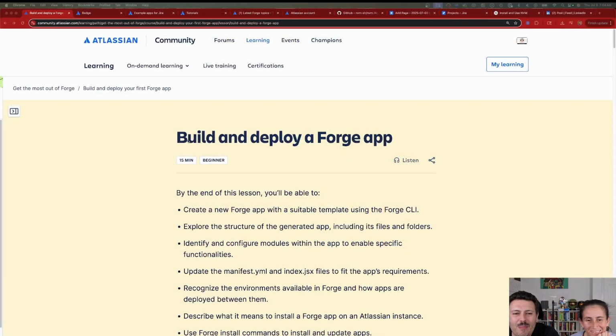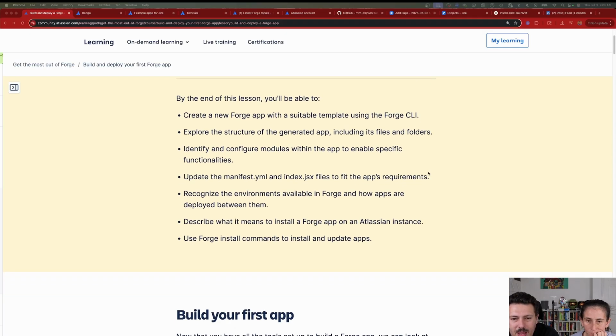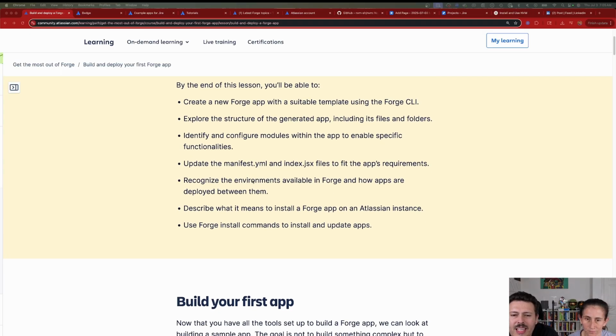All right. So let's jump into building and deploying a Forge app. And by the end of this lesson, you're going to be able to create a new Forge app with a suitable template using Forge CLI, explore the structure of the generated app, including files and folders, identify and configure modules within the app to enable specific functionalities, update the manifest YAML and index.JSX file to fit the app's requirements. Recognize the environments available in Forge and how apps are deployed between them. Describe what it means to install a Forge app on an Atlassian instance, and use Forge install commands to install